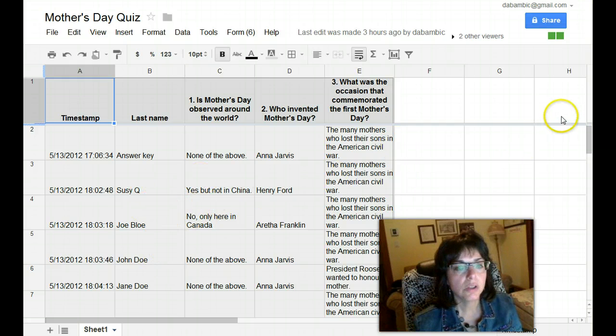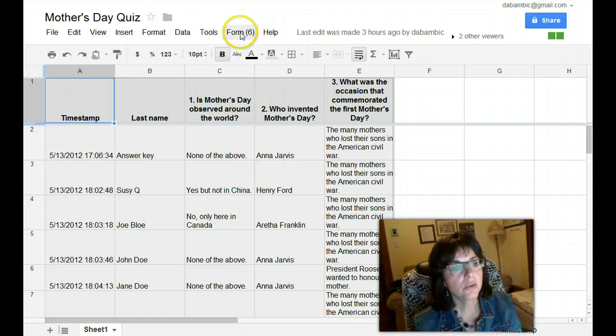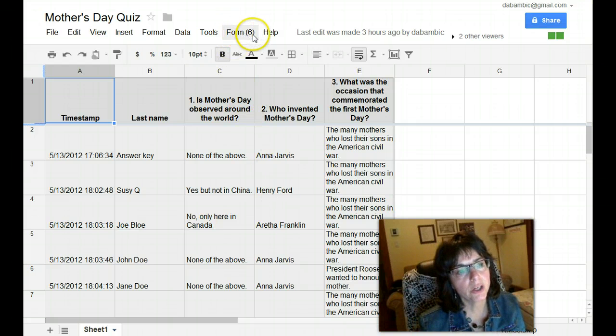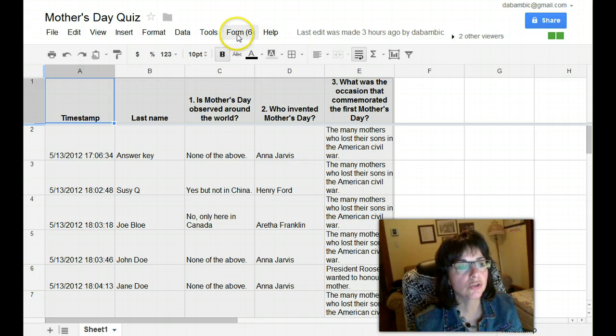And so let's pretend that this is the quiz that you gave your students and you have many students who have answered your questions. I'd like to point out here that if you look at form, this tab over here with the little number 6, that means that you have had 6 respondents or 6 replies to your quiz. And here is where we're going to install the